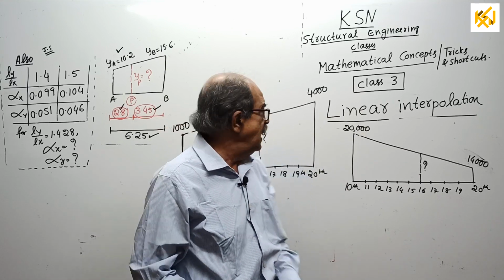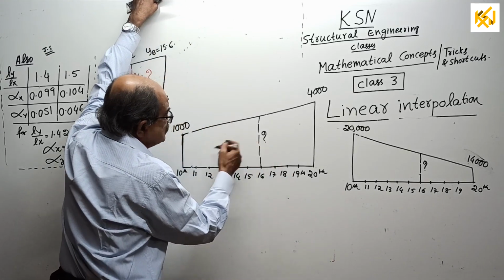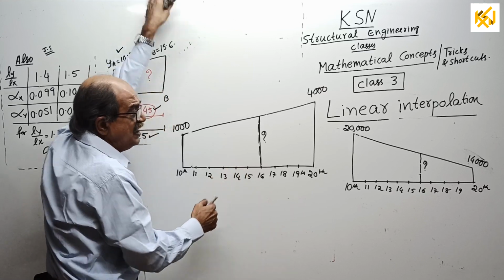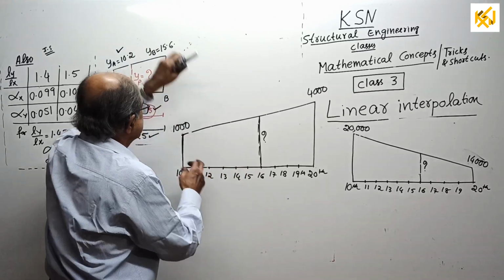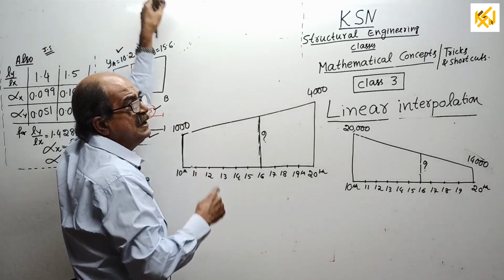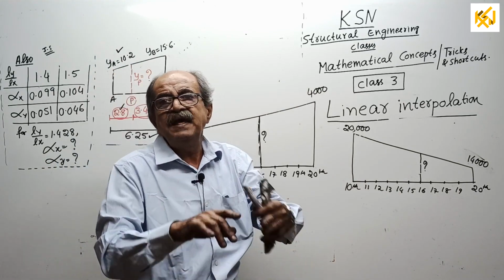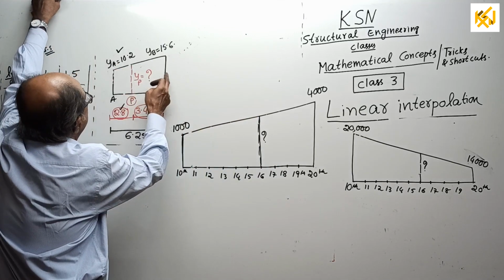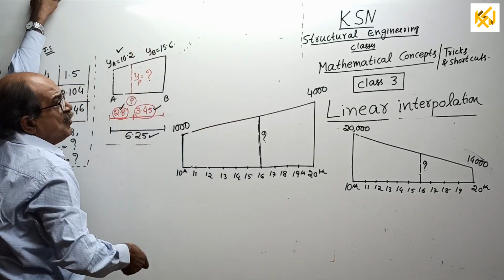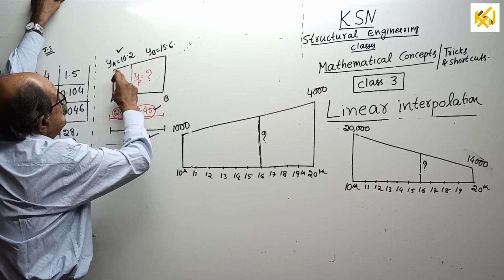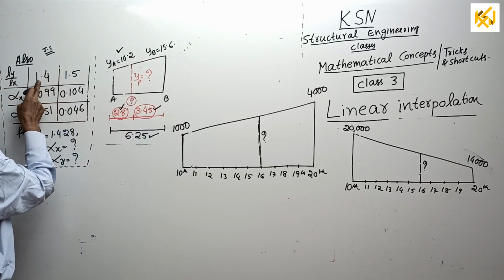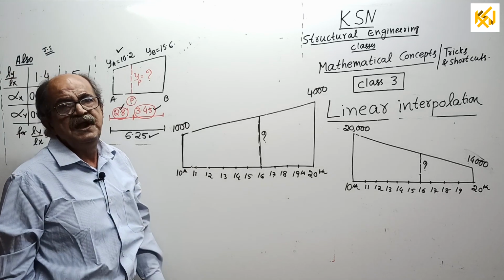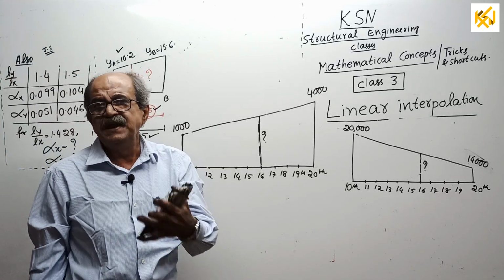Now, I want to know what is the cost on the 16th day. I am not taking the 15th day, because if I take the 15th day, all will tell the answer: 1,000 plus 4,000, 5,000 divided by 2. No. I want another value which is not the midpoint. Now see, when you interpolate anywhere here, if a middle ordinate is required, what you have to do is add these two and divide by 2. Here also, if you want the midpoint, add these two and divide by 2. That also is interpolation only.